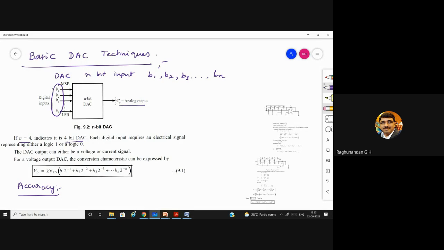By comparing the actual and theoretical values, we can come to know whether the converter has converted a given set of values exactly or not. If your theoretical value is 2.5 volt and the practical value is 0.5 volt, then it's wrong. The parameter which deals with this is accuracy. Next is setting time.